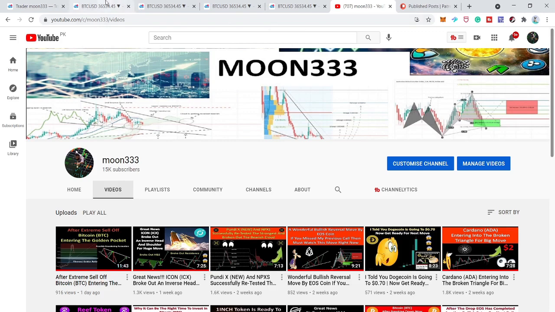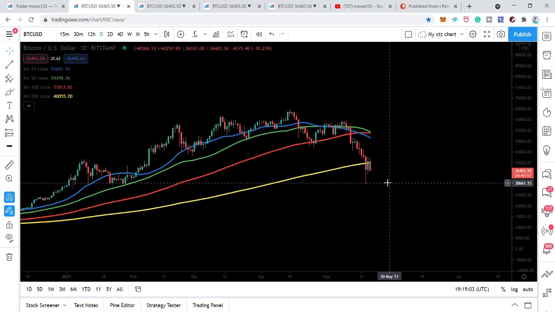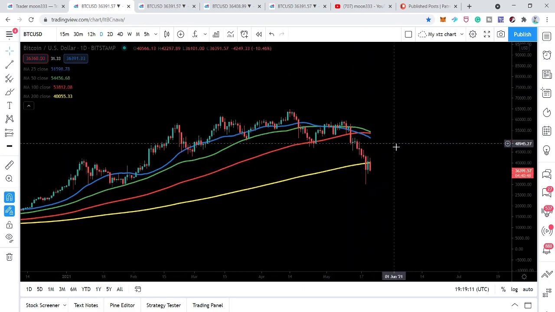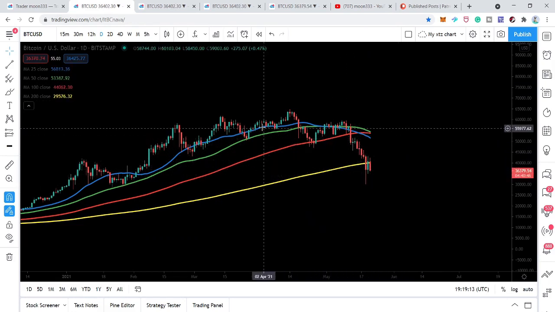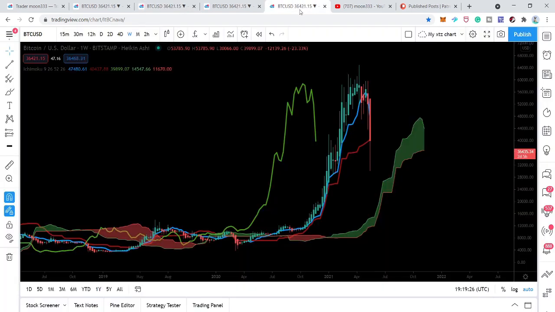Today I want to discuss with you the rejection of the price action of Bitcoin at $42,000, even though we had a rally or a spike up to $43,000. But today we have again moved to the support of the 200 daily simple moving average. We will also discuss the extreme oversold condition of Bitcoin, and I'll use the Ichimoku Cloud to determine whether this bull run or bull market is over or not.